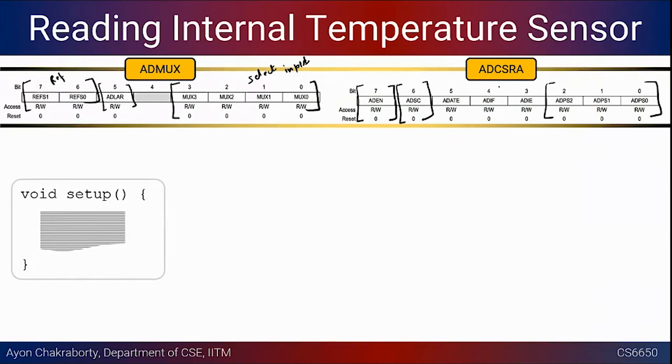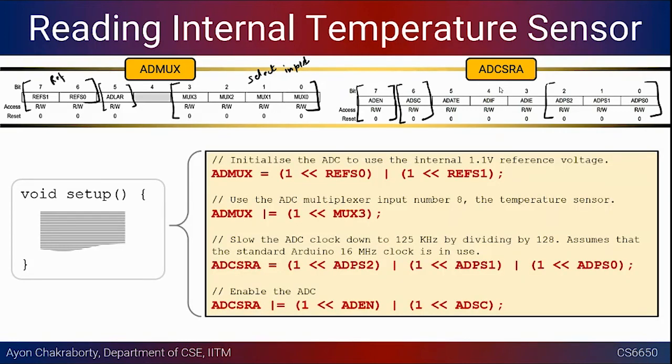Okay, so let's see how you can set up your sketch to do this analog reading of the temperature sensor. Mind you, the temperature sensor is an analog sensor, so it is going to be sampled by the ADC, and our microcontroller code is going to fetch the digital samples from the ADC. Okay, so this is the code. Let's look at this one after the other, right? Don't look at all the lines together.